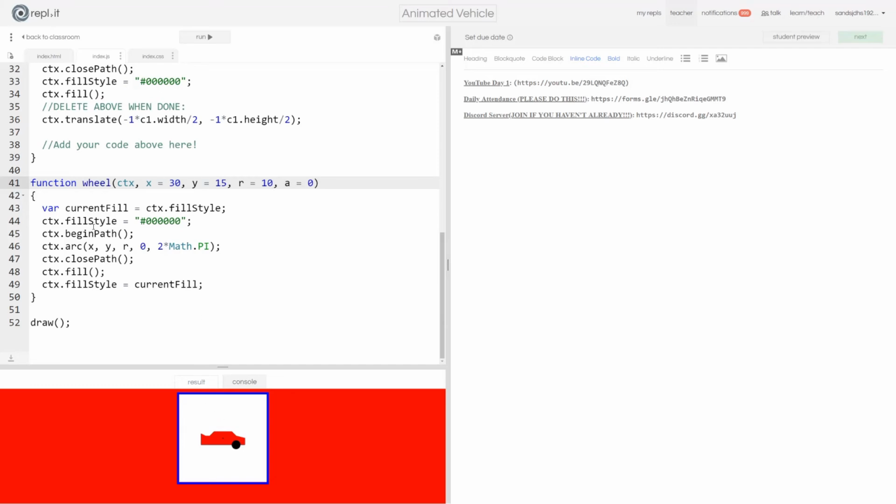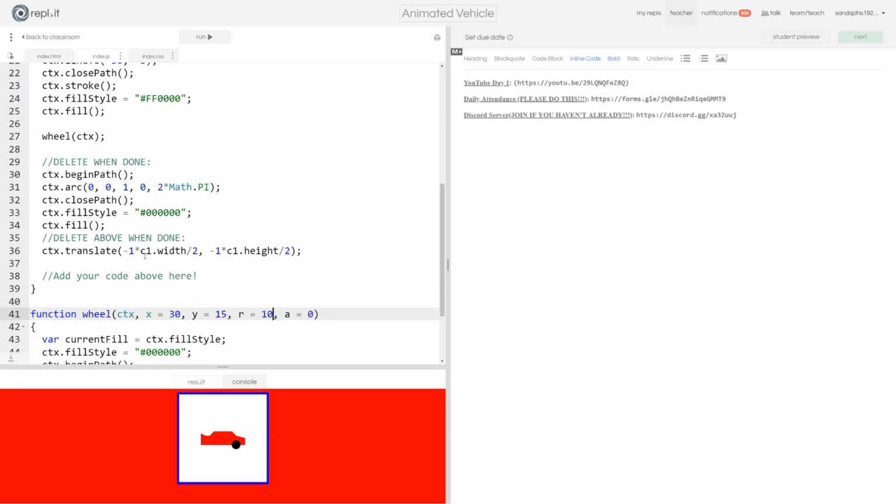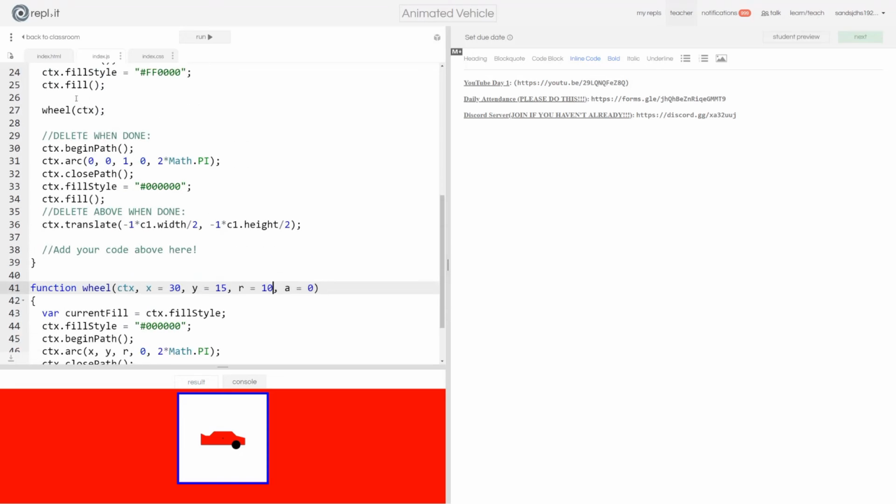All right, so we have that all set up and great. How can we make two of these? Well, because these are parameters, we set the default value to 30, 15, and 10, but that's just because we didn't list those values here. If I decided in here that I wanted to put it at 30, let's say, it said y is 15. Let's set it at